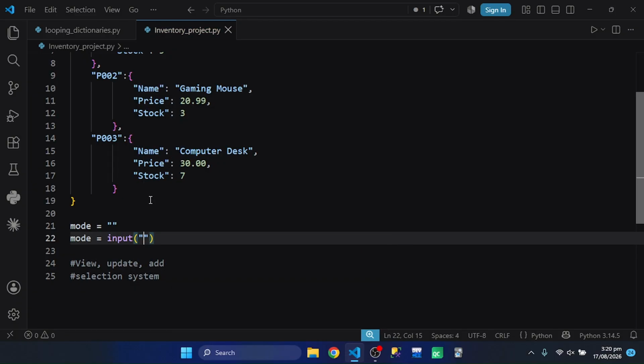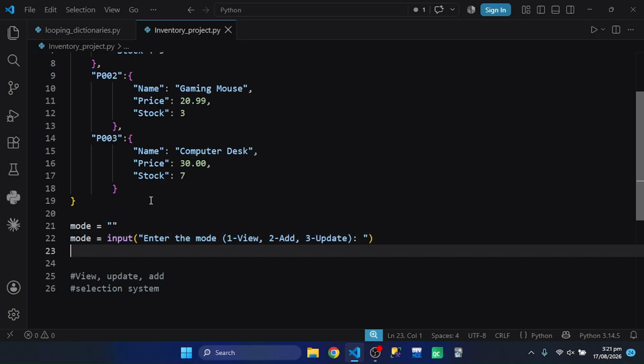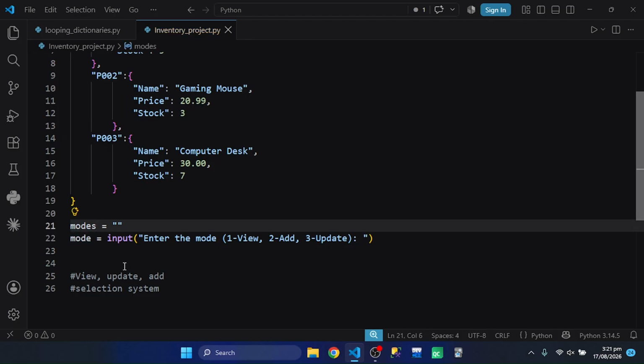Here we are asking the user to enter an integer for modes, and now we will call our function. Let's rename it to mode selected,